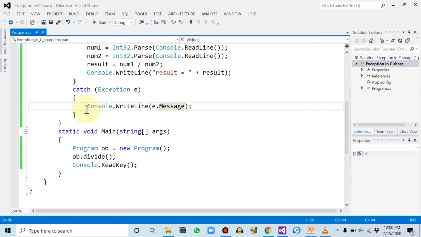Number 1, number 2. Let's print a user defined message. Let's say I want to print my own message. Let's say this is an exception, divide by 0, or you can say any message, but this is an exception error.